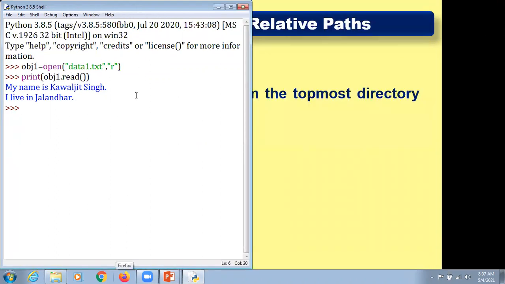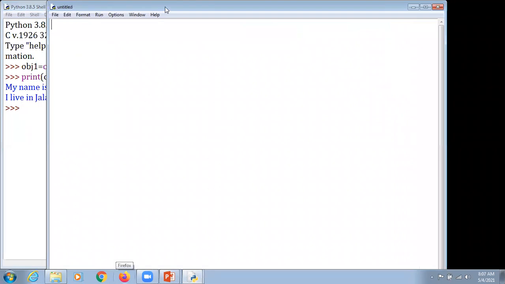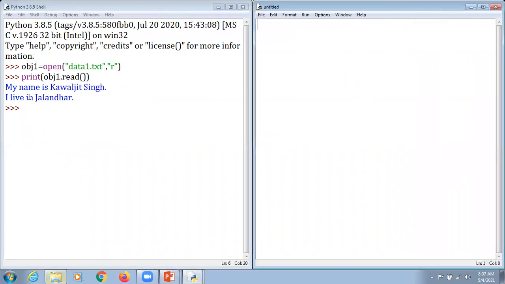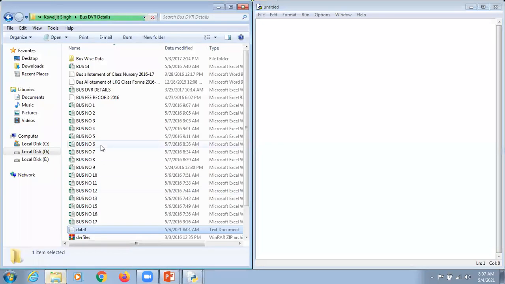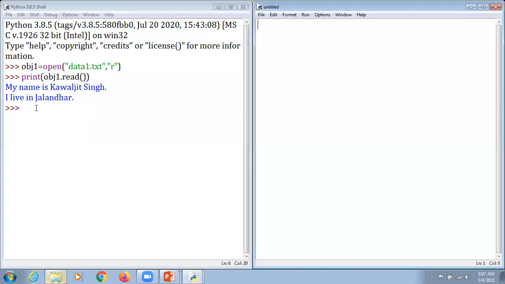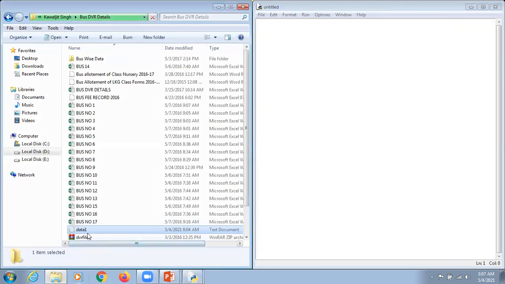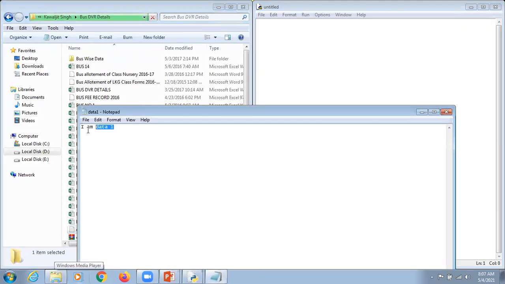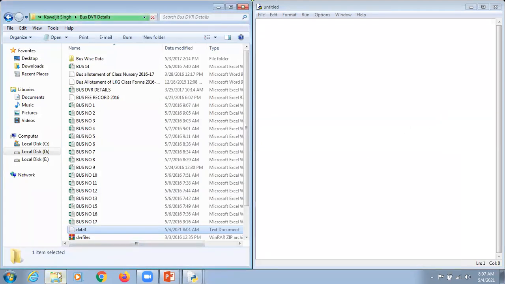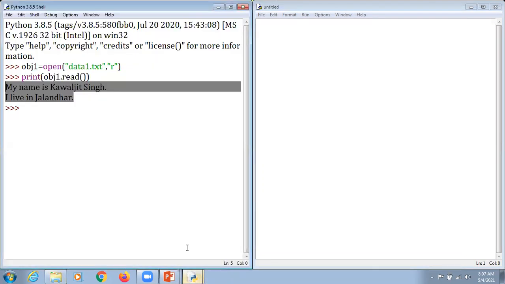What it makes sense, kindly concentrate, dear students. It is reading data, but a very important thing we are supposed to discuss here is that they are reading from the exact location, which is the current working directory. As we have mentioned here, this is not the data which is being stored in that particular file. If we open data one in that location, it says I am a data one, but they read from the current location. Current working directory means the working directory which is by default.